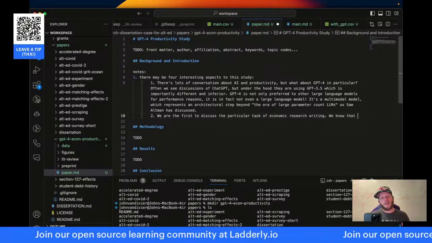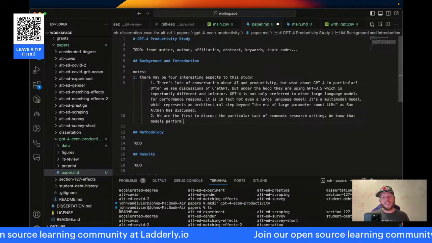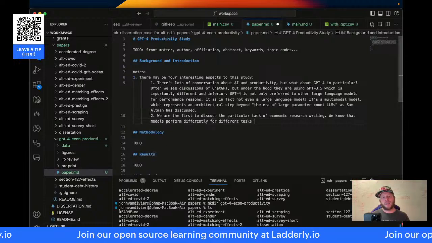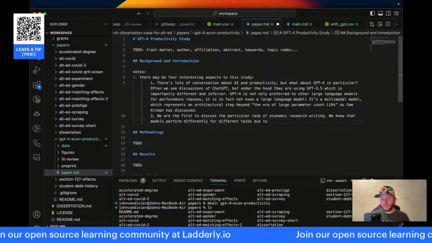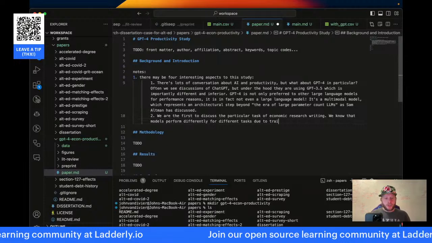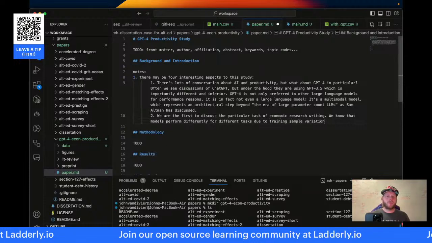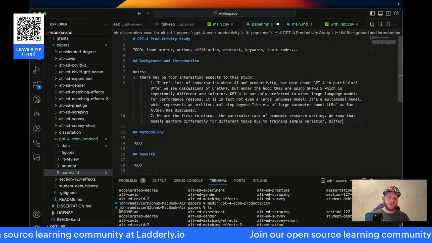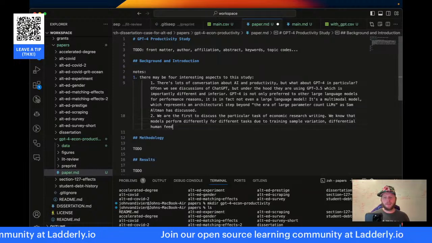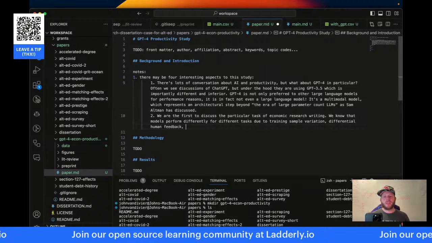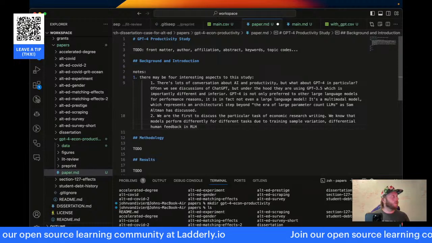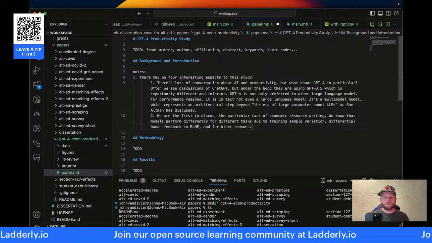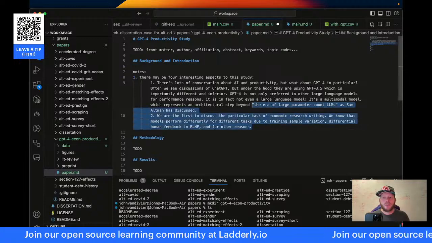We know that models perform differently for different tasks due to training sample variation and differential human feedback, and RLHF, reinforcement learning with human feedback, and for other reasons.